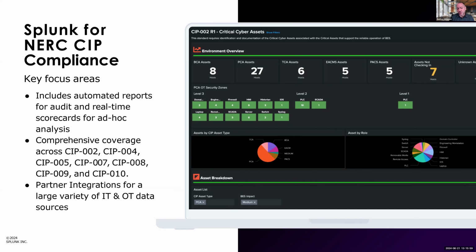I'll say that the majority at this point of our utility customers are using Splunk Cloud for the majority of their data. That applies largely to corporate and IT workloads around security and resilience, for IT monitoring and infrastructure monitoring, and observability for monitoring cloud and multi-cloud and those cloud native applications. But for OT environments, we'll see customers keeping a separate on-prem instance to meet their obligations there. So next slide.